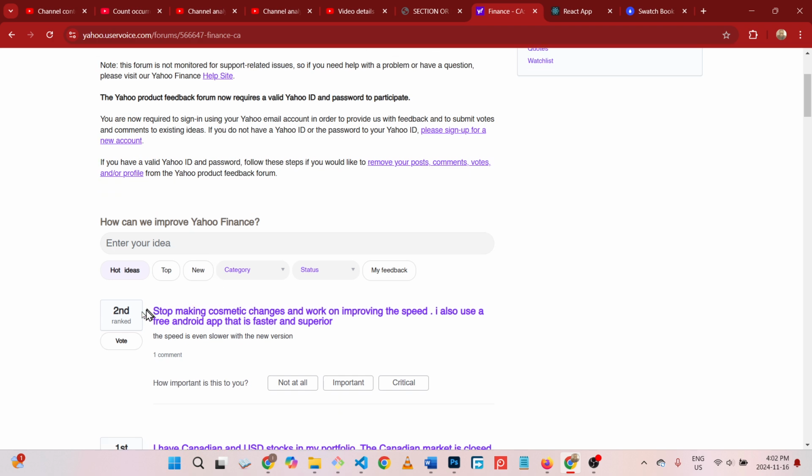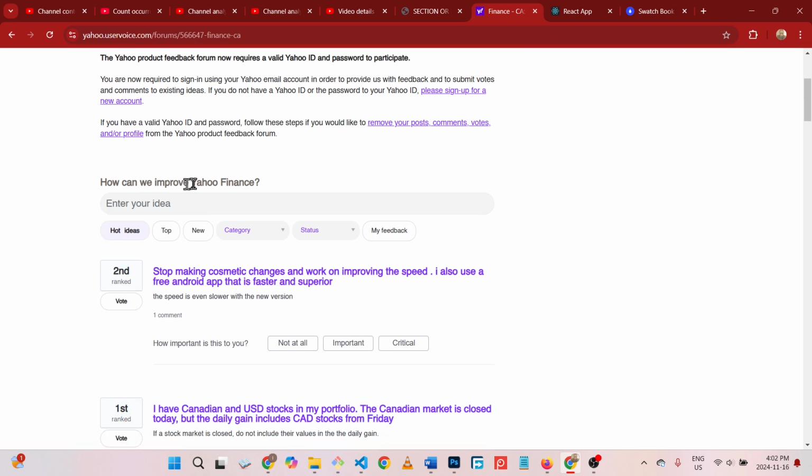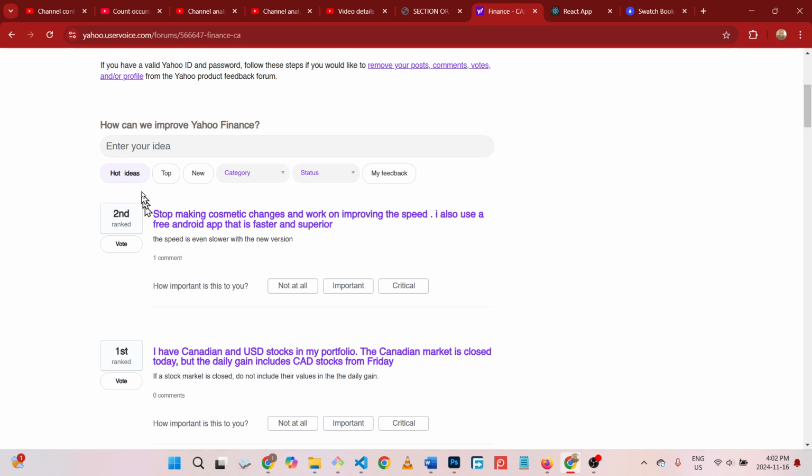So when you come here, for instance, here you have a form telling you to enter your idea, blah blah blah. Now this section here, where you have your second ranked and votes, would likely be a div, not a section. This may be a section holding a form. How is this important to you? Not at all important. This could be a field set, but this could be a div because